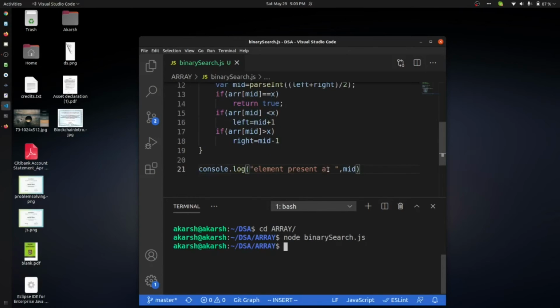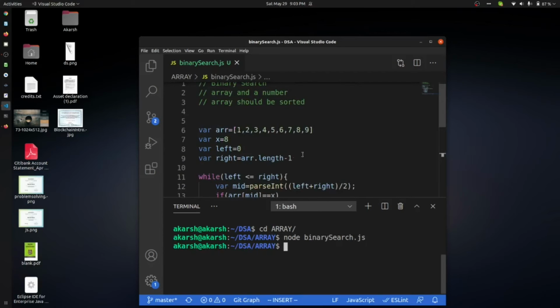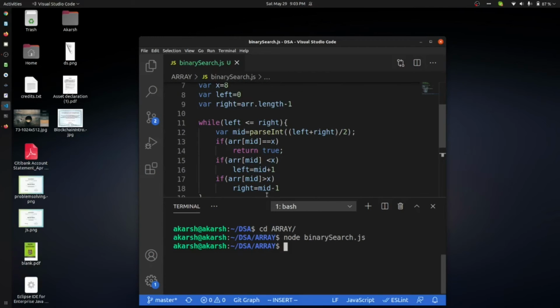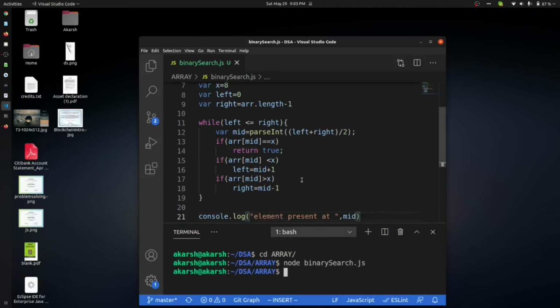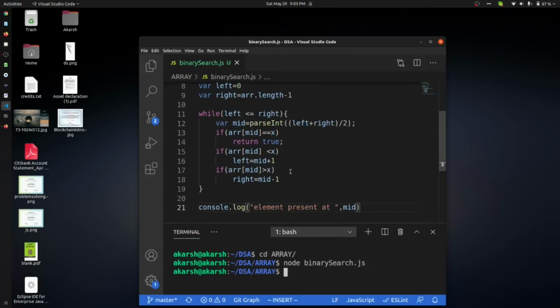Okay, so I didn't find the element. Why? I think I have done something wrong. Left is equal to mid + 1 and right is equal to mid - 1. Okay, that's correct. Okay, left is equal to mid + 1.